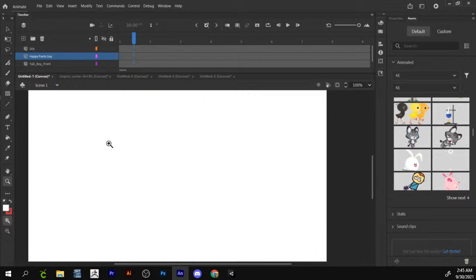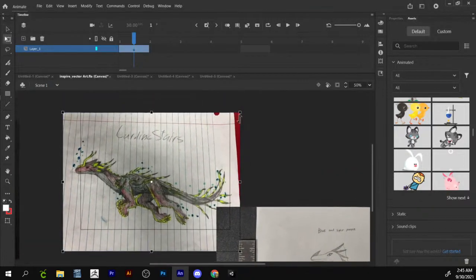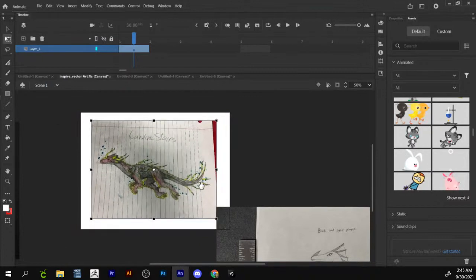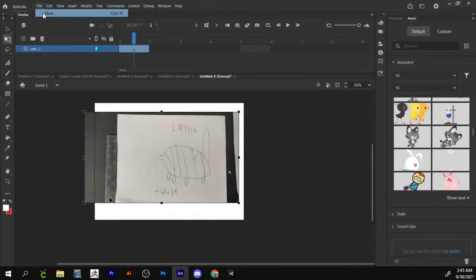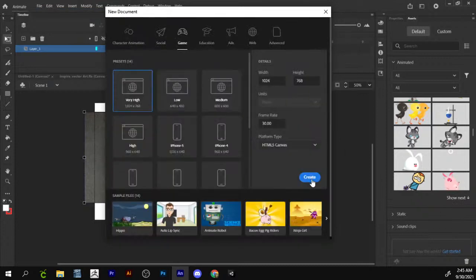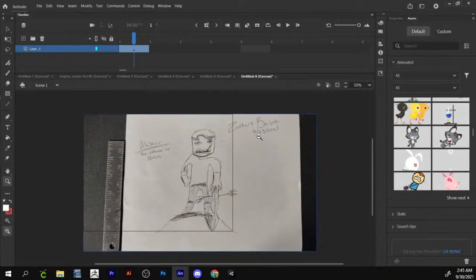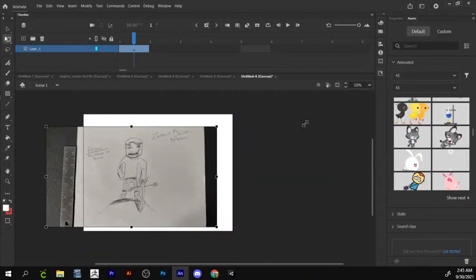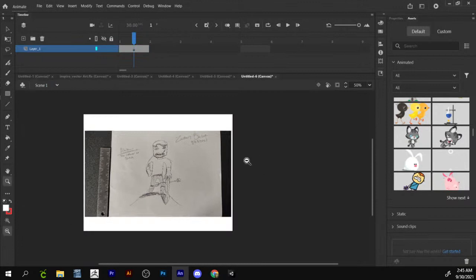So this is Adobe Animate, and basically this program will allow you to take drawings and vectorize them. So what we're going to be doing over here with some of these drawings is taking them from a sketch and turning it into final game ready 2D art. So basically, one of the first things that we have to do when we import this art into Adobe Animate